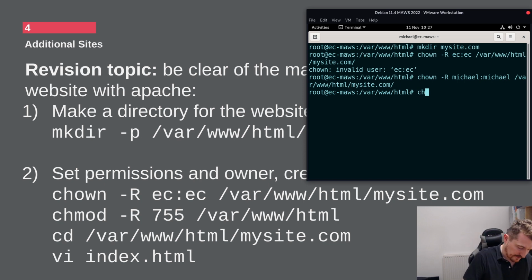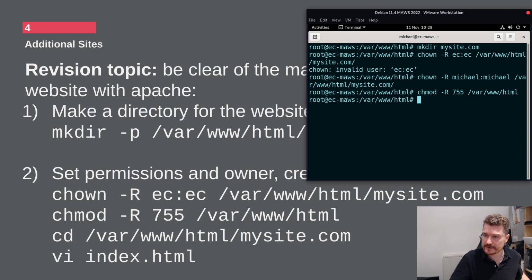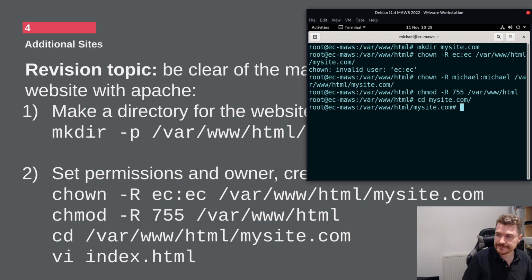And then we just need to chmod it. Chmod, recursively. What this means is chmod all the directories in the path. Okay, so chmod -R 755 and then var www html. Cool. Right. Okay. So what we're going to do is change directory into mysite.com, and then